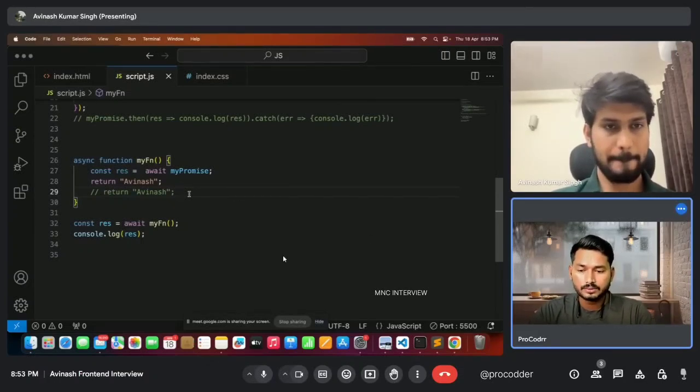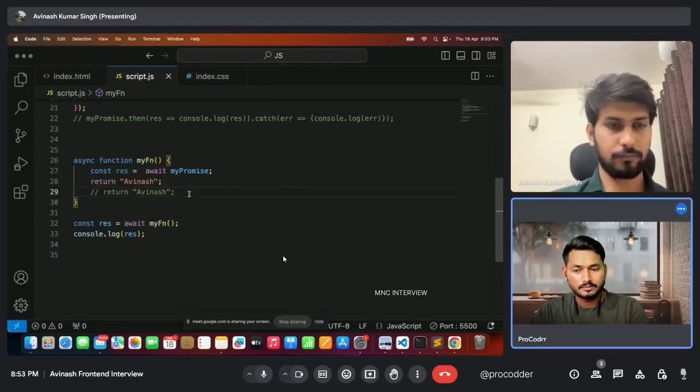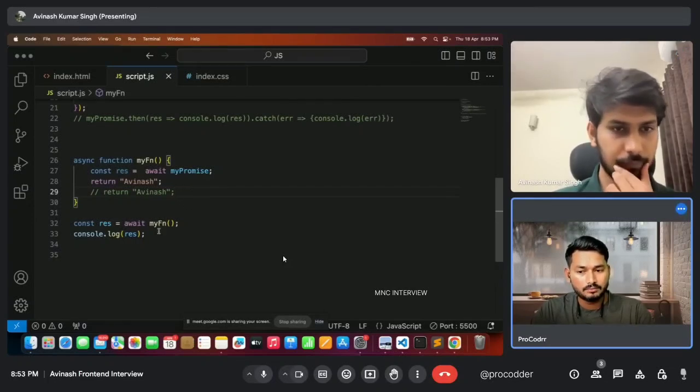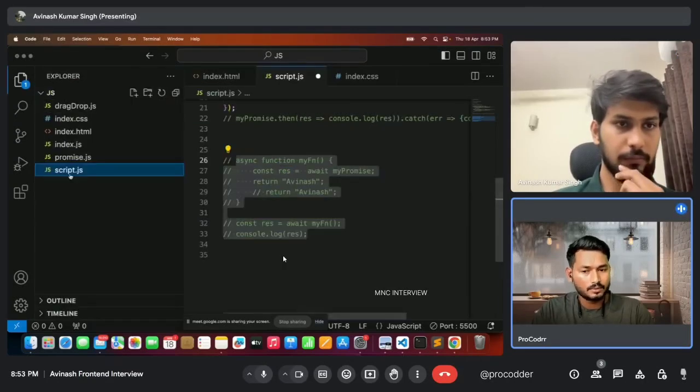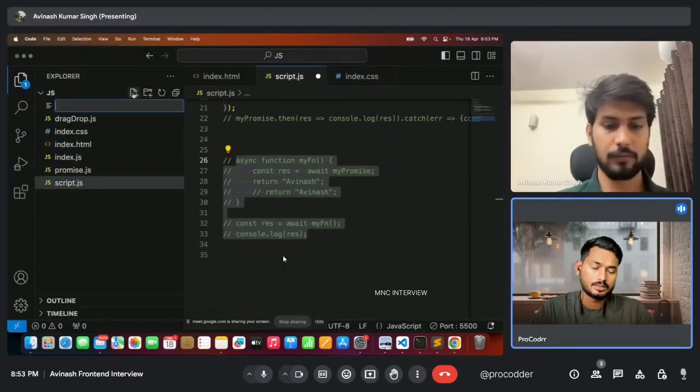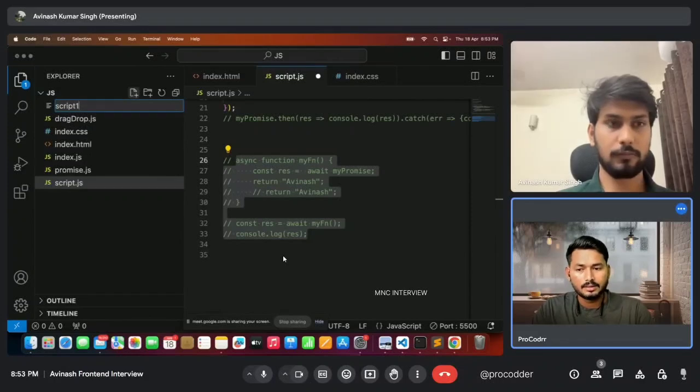Okay, that's good. Now, this was not a machine coding round. We can say this is an output based round, but I did not send you any code snippets. Now let's do some output based questions with modules. I want you to create one more JavaScript file and write some code in that file, console log something or something.